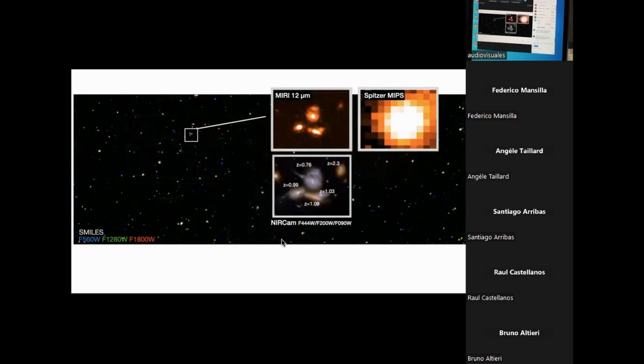And as another example, this is an association of galaxies. I like to think of it as a redshift 2 Stephan's Quintet. These galaxies are each located at a different redshift from 1 to 2. And this is what we had before with Spitzer. Again, a huge blob. You wouldn't even be able to separate the light of these different galaxies. And now with MIRI, we can look at them separately in different filters, and they are getting fainter or brighter depending on, I'm going to show you again, which filter, where it's tracing the mid-infrared emission of these galaxies.